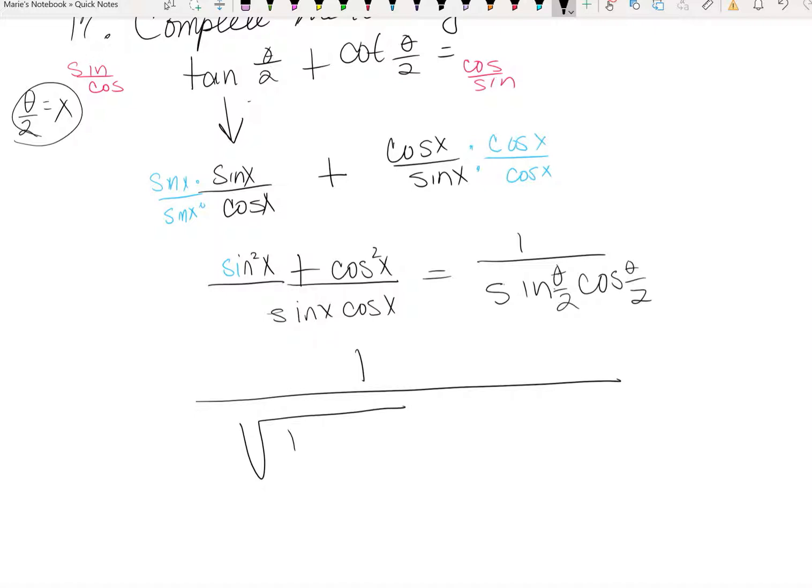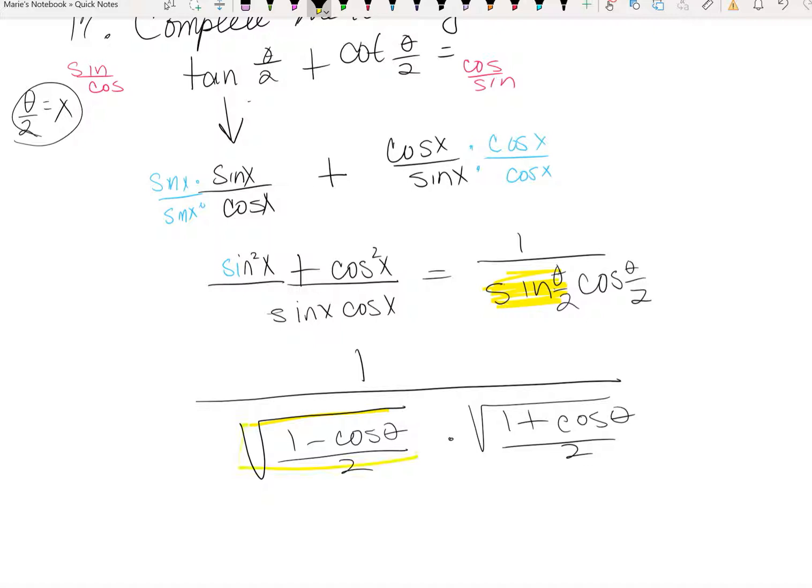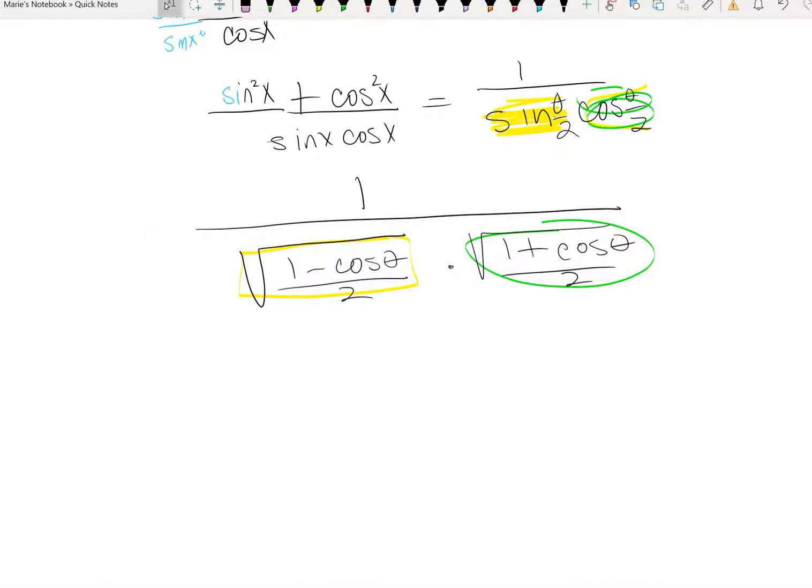So since I have sine first, I'm going to put in the square root of 1 minus cosine theta over 2, just to match. And we have that times the square root of 1 plus cosine theta over 2. Okay, so I'm going from here, 1 over this, which is this formula here. My green, a nice green, that's my cosine right here, okay? And it's still 1 over. Alright, if I multiply this out at this point,